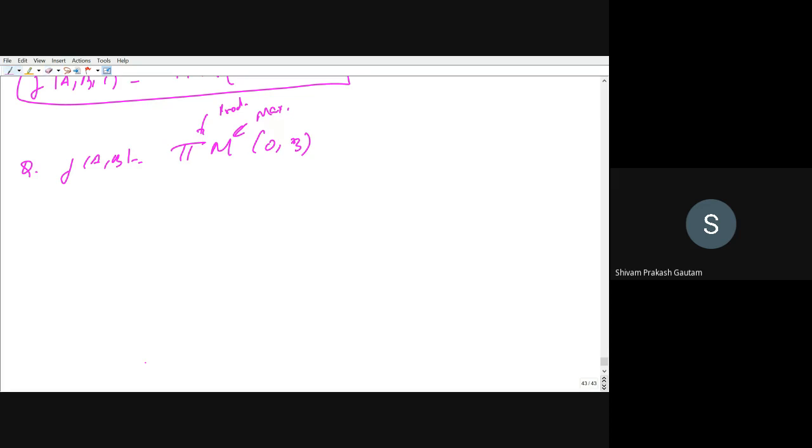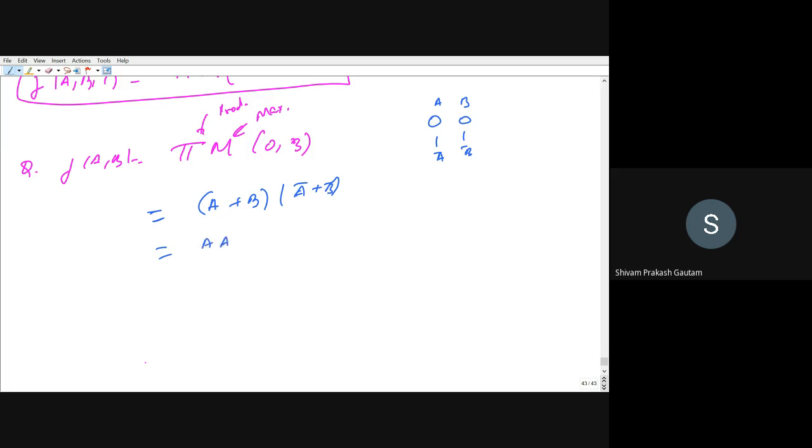So how can you write it in variable form? It is 2 variables, so 0 can be written as 0 0, and 3 means 1 1. So 0 is represented by A and B, and this 3 is represented in the form of A bar B bar. So just see, A plus B multiplied by A bar plus B bar, right? If you want to reduce it, right now you can open the bracket.